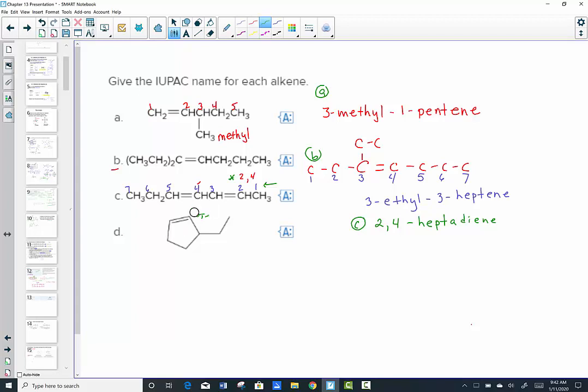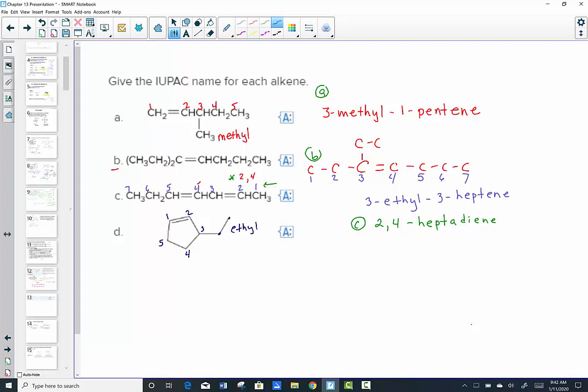Now let's take a peek at the last structure, letter D. Letter D contains a double bond and a substituent group. The priority has to be to place the double bond between carbon 1 and 2. We have to have carbon 1 and 2, the location of the double bond. Then I'll keep numbering around the system to see the substituent branch, the 2-carbon chain of ethyl coming off of